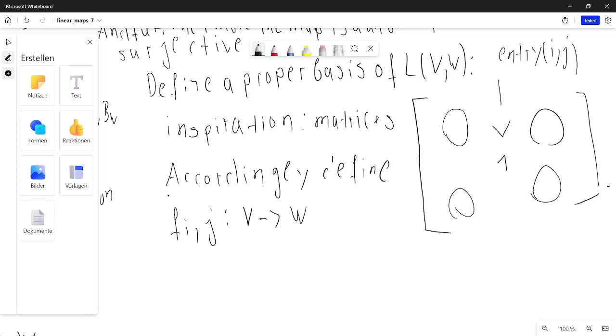Fij from V to W via. We had this thing that it suffices to specify the images of basis vectors in any way, so we just define that Fij via Kronecker delta ij of